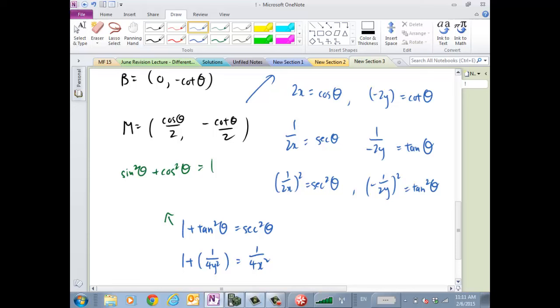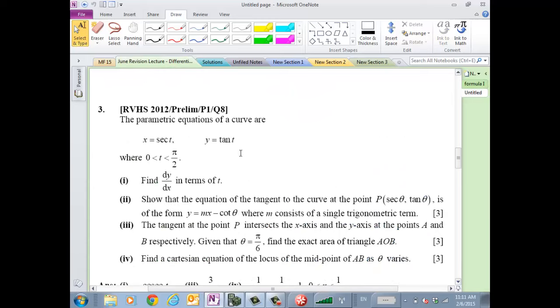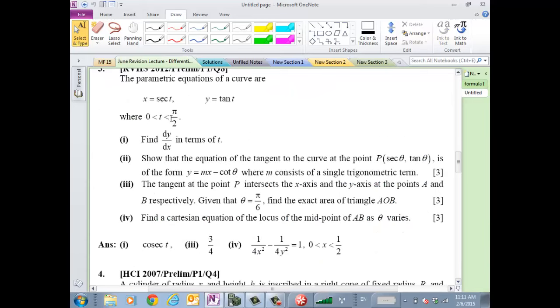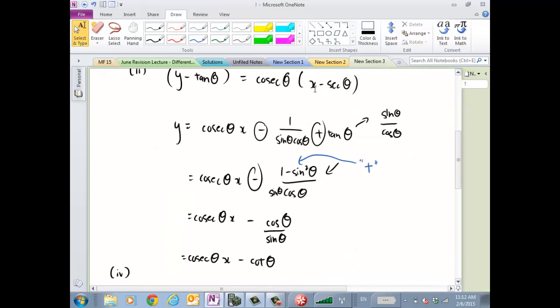But again, for the answer, there are some details that you need to include, because once you actually do this, if you read the question very carefully, there is a condition on the theta. Can you see, right? 0 to pi over 2, correct? The problem is, if t is between 0 and pi over 2, if you put it inside here, your x is between 0 and half. Your x is between 0 and 1. Okay, 0 and 1. But the problem is that when you actually find this midpoint,